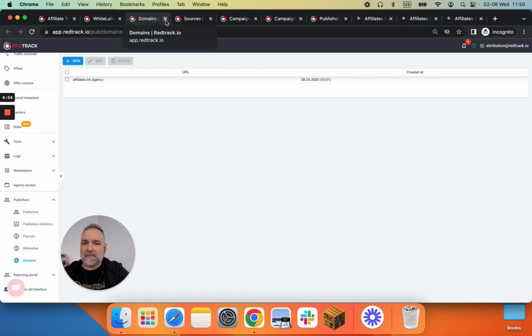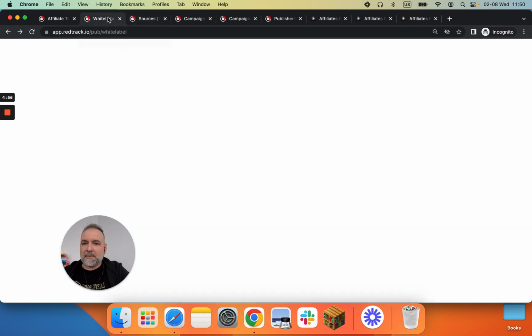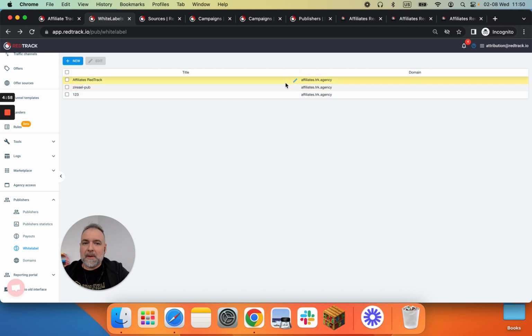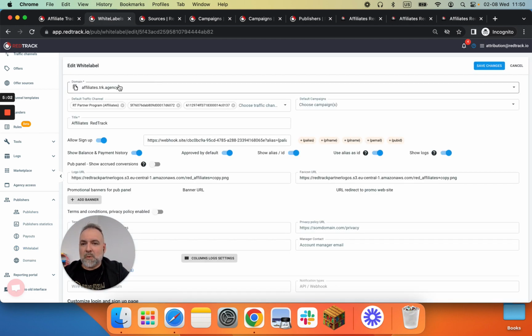We can clear the tab up to keep our interface and other tabs less cluttered. So then the white label itself. There are multiple settings in the white label. Let's start with the domain. That's the one you select from the ones you have added. Then you can choose what